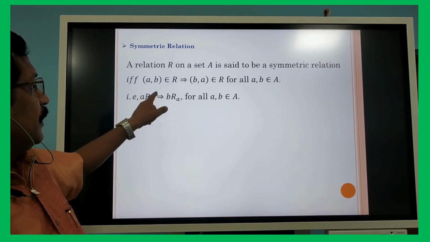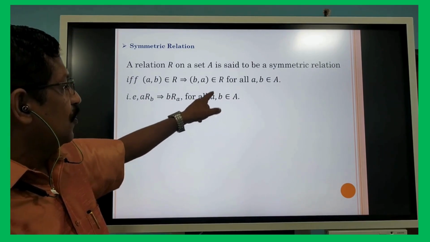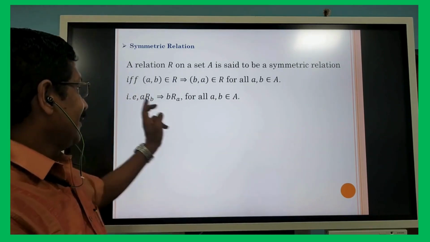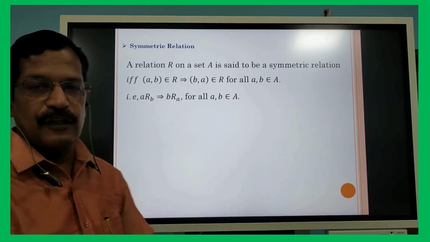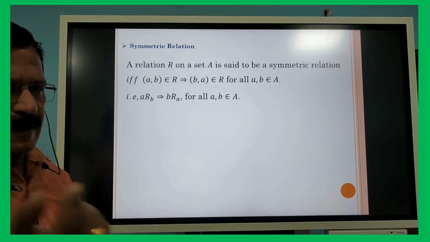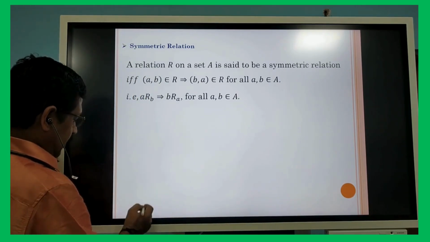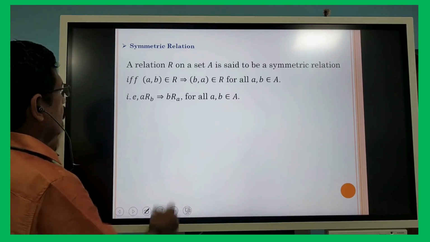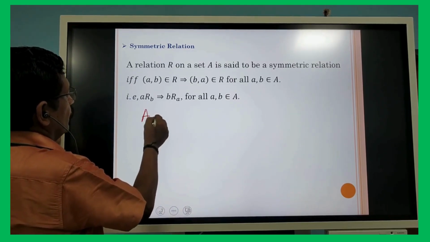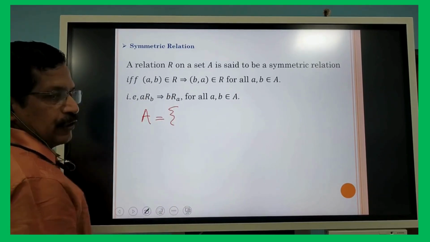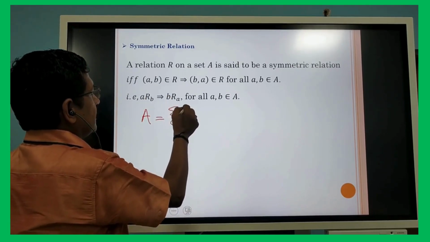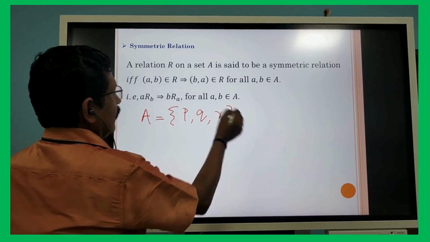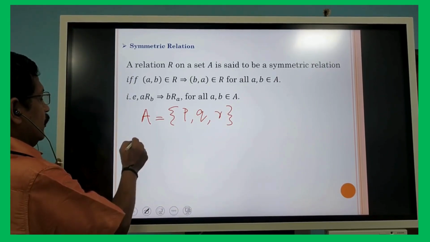That is, aRb implies bRa for all a, b in the set A. That is, a is related to b implies b is related to a. Let us have a simple example. I am taking the set A equal to the set of all elements, that is p, q, r. Suppose